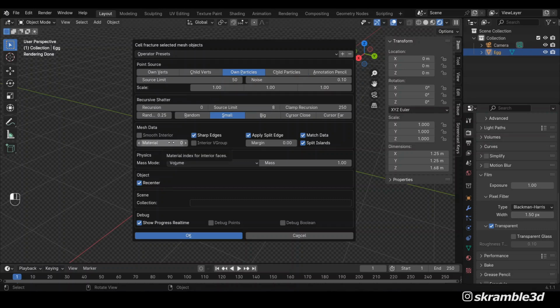This is kind of important. What this refers to is the material that will be assigned to the edges, the thickness of the egg. And at the moment it's okay. If you followed me step by step, it should look fine, because this is an index, so 0 is the first material, and the first material we made and we have listed over there is the inner, and that's the material we want. But if you've made it slightly differently, just be aware that this, if we